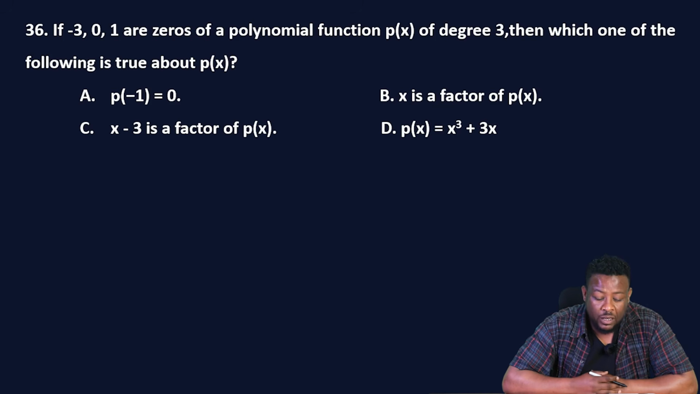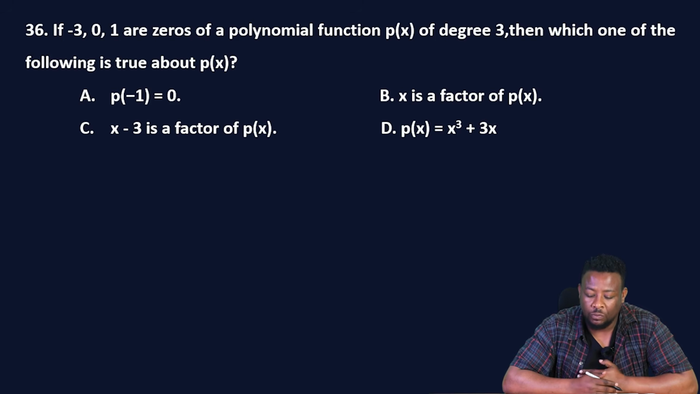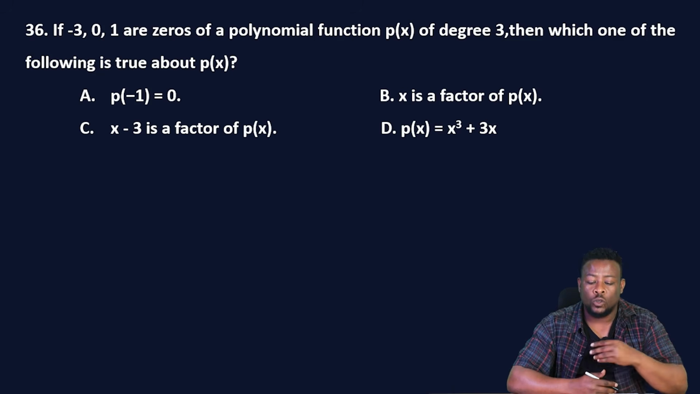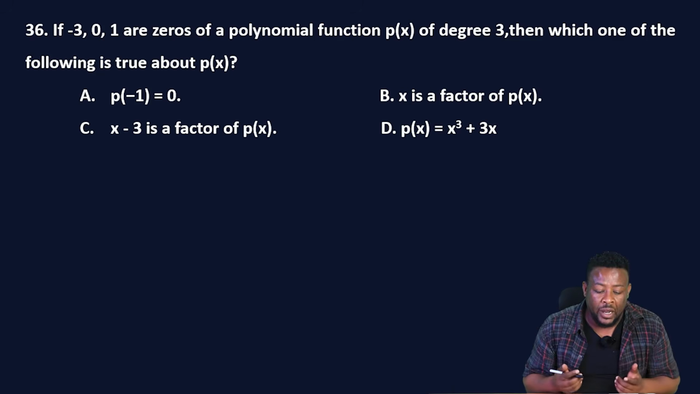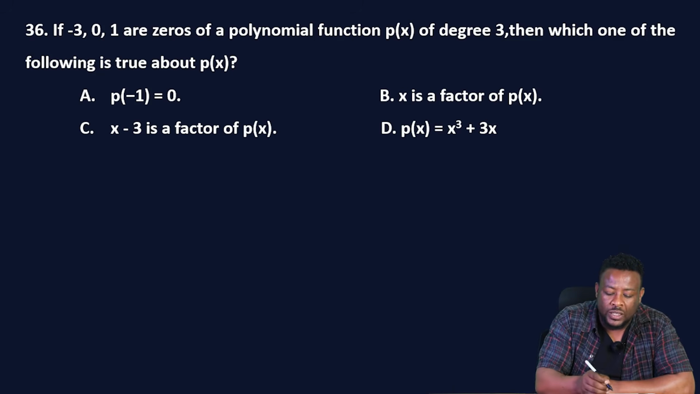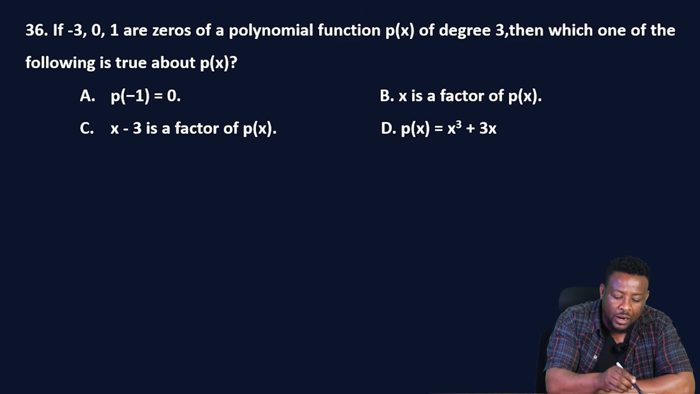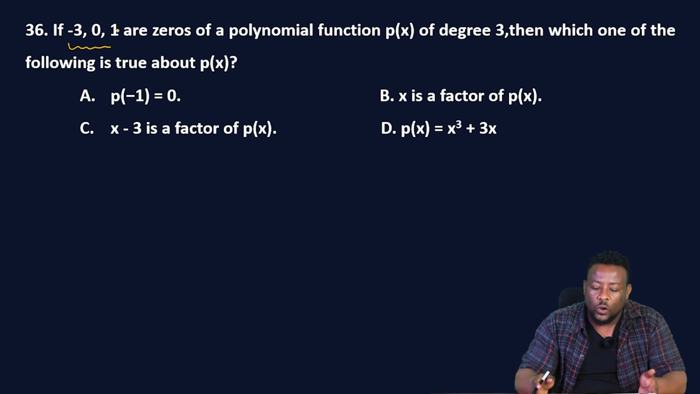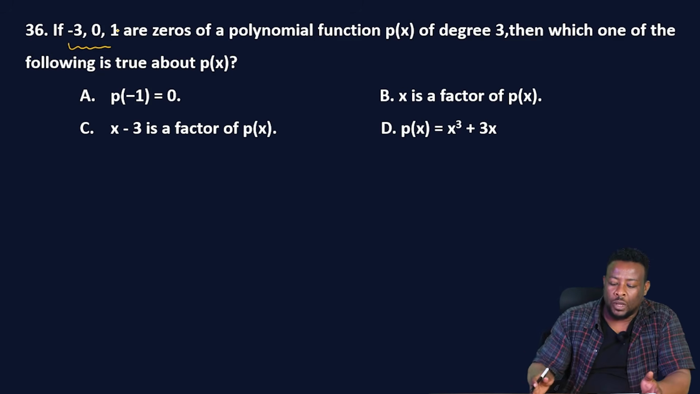ወደ 36ኛው ጥያቄ ስንሄድ: if -3, 0, 1 are zeros of a polynomial function of p with degree 3, then which one of the following is true about this function? Okay, እዚህ 36ኛው ጥያቄ ላይ የሆነ polynomial function of degree 3 አለ, and the roots or the zeros of this polynomial are -3, 0, 1 ተብሎ ተሰጥቶናል።